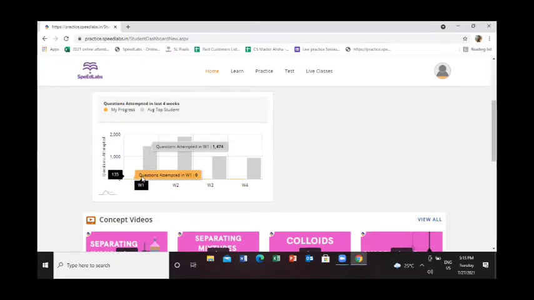This will show you your weekly report, like how well you are practicing and how much more you need to practice. When I keep my cursor here, the orange bar that you see is the number of questions you have practiced. The gray bar is the number of questions that an average top student would have practiced. This will help you know how many more questions you need to practice. This will also be like a motivational graph for you. Every week you will see how well you are performing.